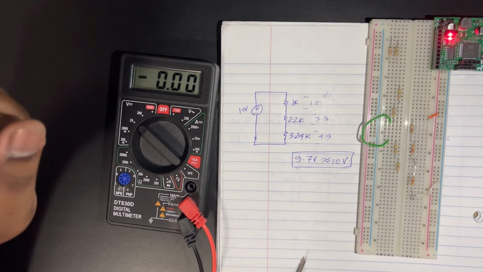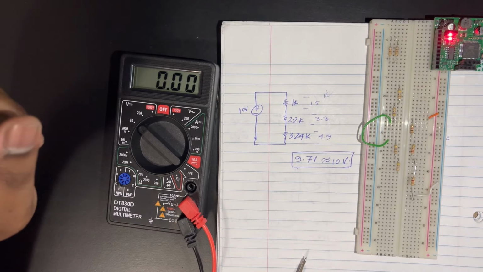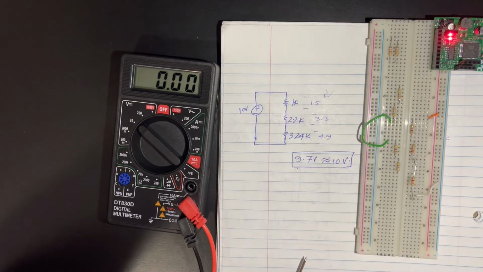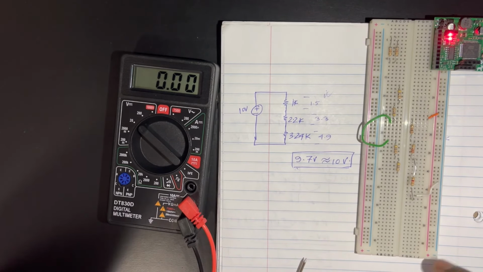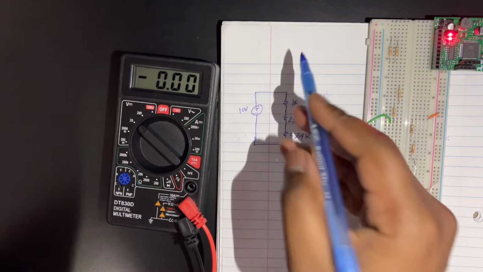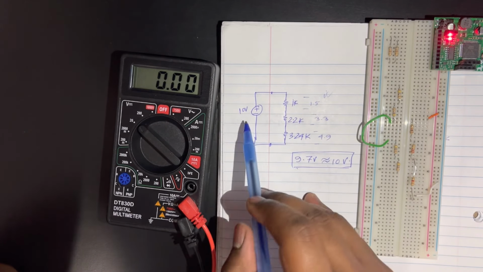So basically that concludes my lecture for this lab, where KCL states that the algebraic sum of the currents entering any node in a circuit is equal to 0, and Kirchhoff's voltage law states that the algebraic sum of the voltages around any closed path in a circuit is equal to 0. That means whatever amount of voltage is being dropped over here, in other words, it's going to be equal to